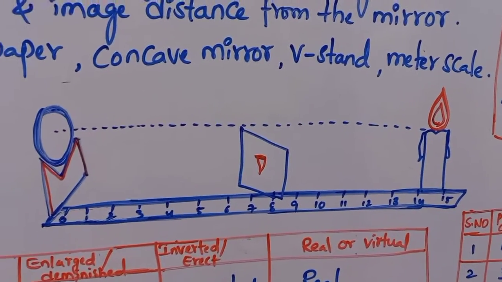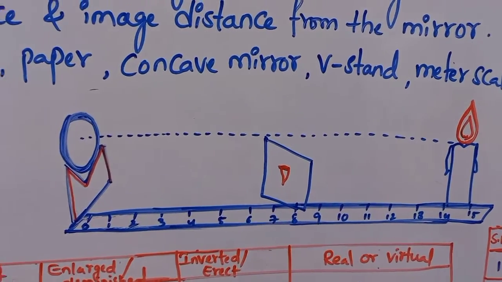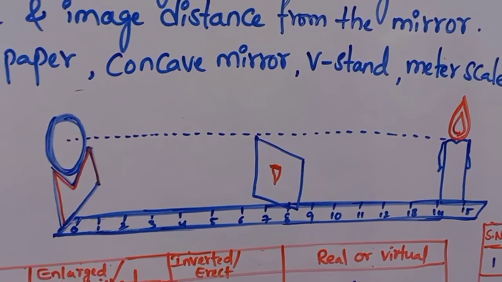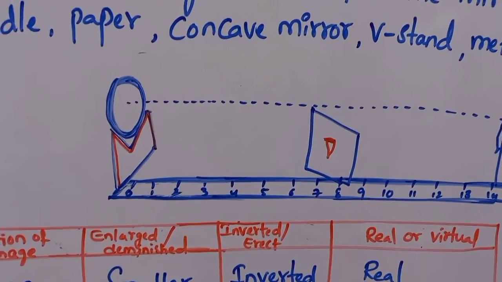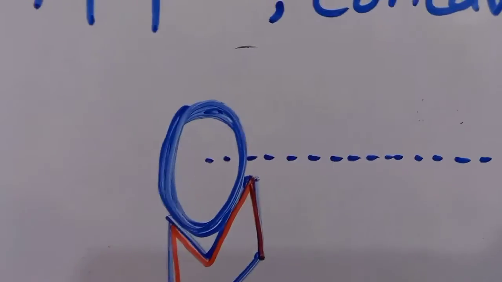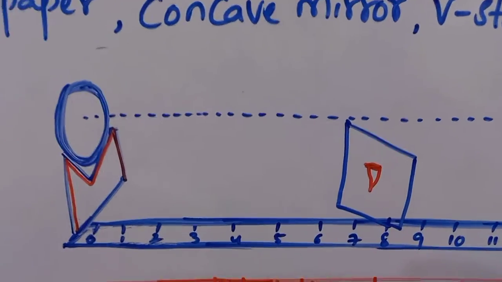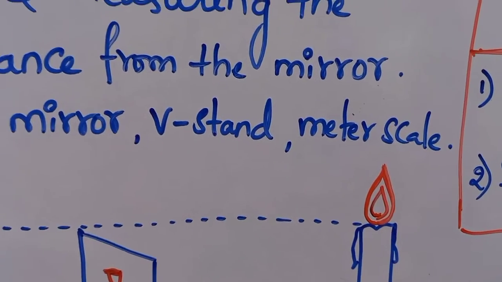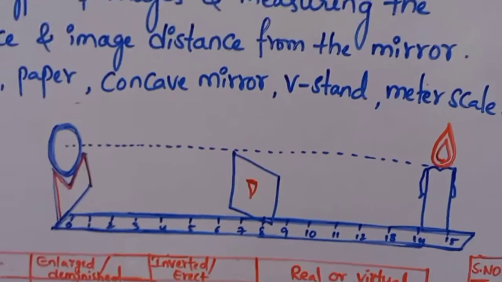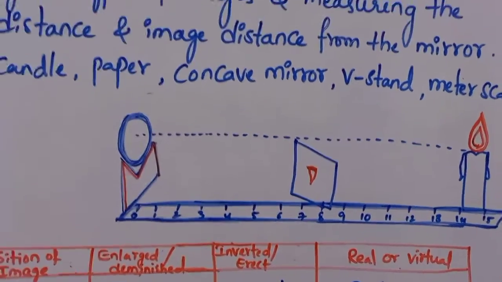And in this experiment, we have to be very careful. While performing this experiment, we have to take care that the flame is above the axis of the mirror and the paper is below the axis of the mirror. See, this is the axis of the mirror, and I have drawn it in the same manner. The paper is below the axis of the mirror and the candle flame is above the axis of the mirror. Okay, so after performing this experiment,